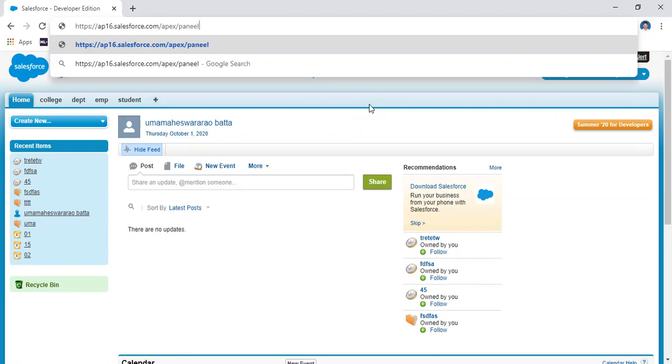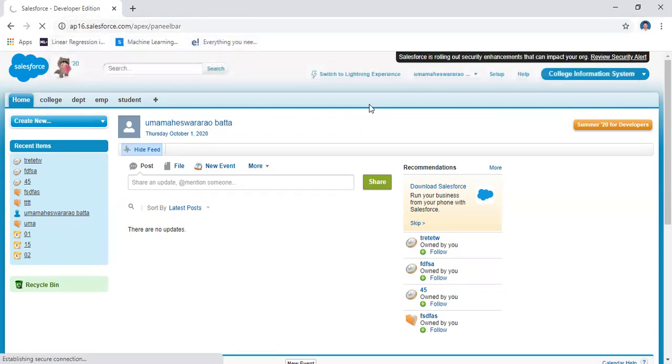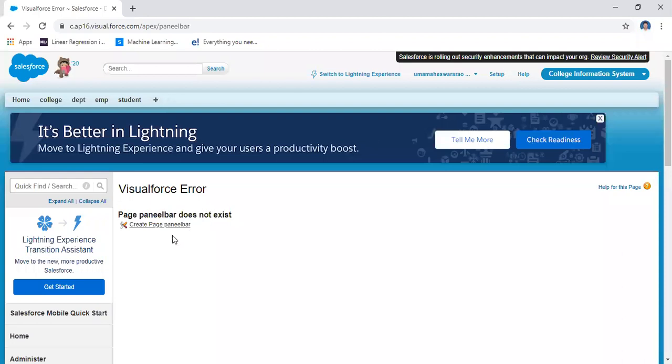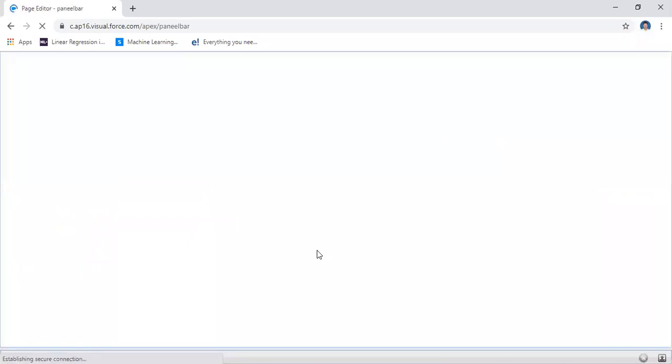panel bar. Let us assume the name of the page is panelbar. I'm writing the panel bar name. It takes some time. It says that the Visualforce page does not exist, create a new panel bar. That means the page does not exist, that's why I'm creating the new page.